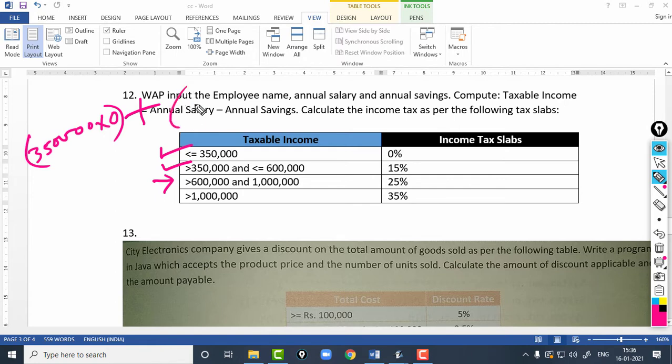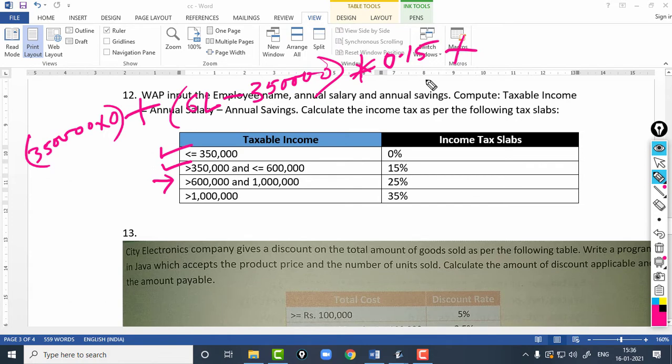The amount is 6 lakhs minus 3,50,000. Upon that amount, the tax will be applied, that is 0.15, plus the current slab.